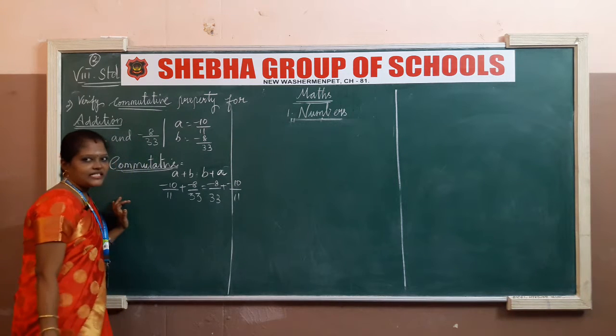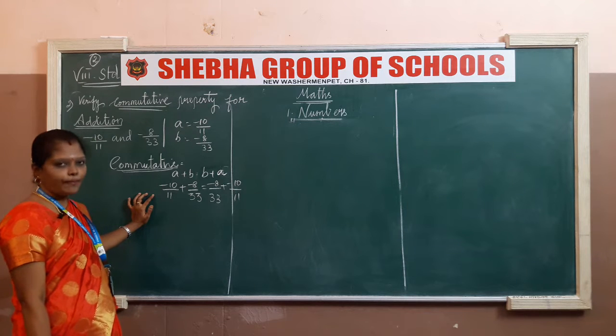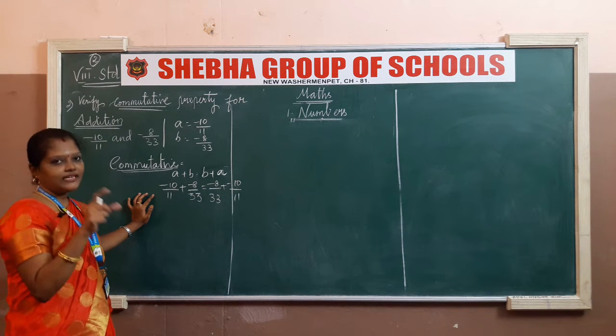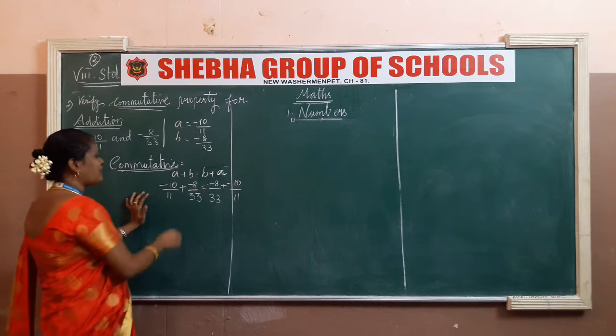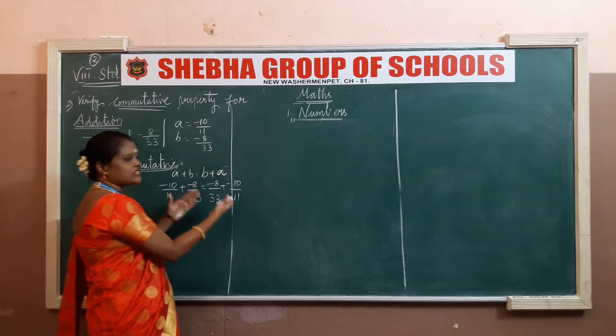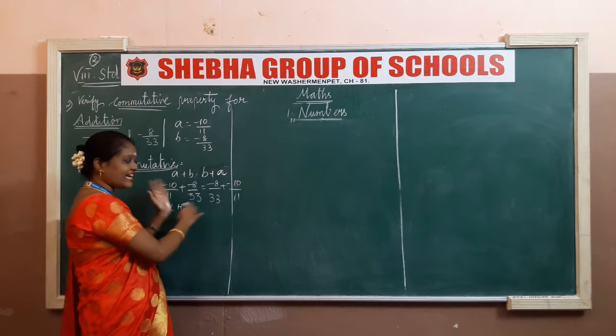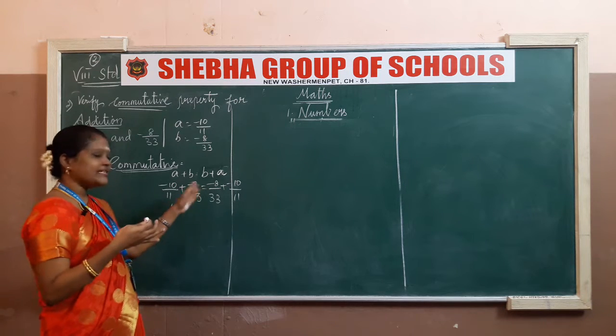Okay, children, first step what? We must recall the property, then substitute the values in the concerned places. That is our first step. Second step, you have to find the left hand value first. First find the left hand value, afterwards you can find the right hand value. Otherwise, if you can manage side by side, no problem. You can do it side by side also.